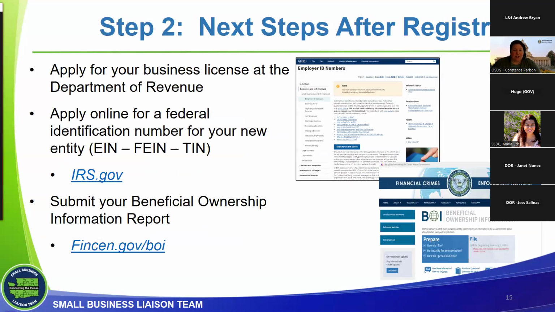Once the origination is completed, a State Unified Business Identifier, or UBI number, will be issued. This is a 9-digit number that is issued to businesses and is your Washington State ID number used to identify the business. In addition to applying for your business license with the Department of Revenue, you will also need a federal ID number, which you can apply for on the